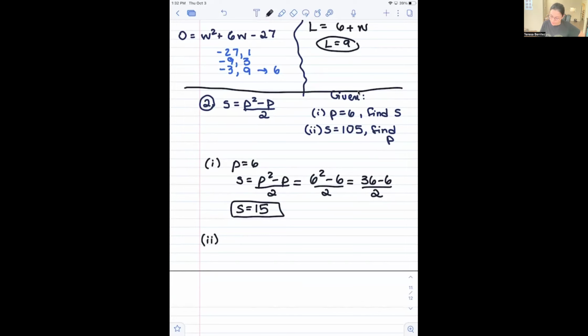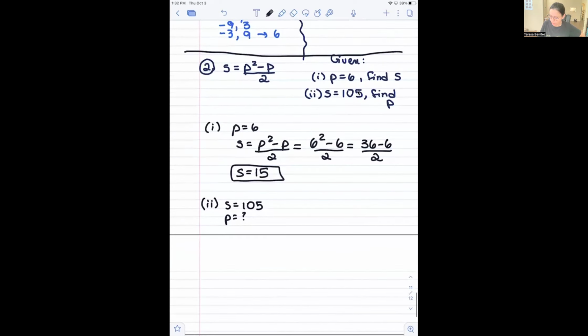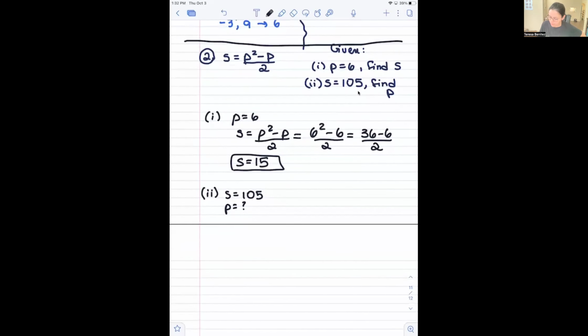Now the second part is a little bit more difficult to calculate. If I have 105 unique handshakes, how many people do I have? So in that room or that place, wherever they are. So I substitute into the equation that's given up here, okay? And I'm going to see what happens. I have 105 equal to P squared